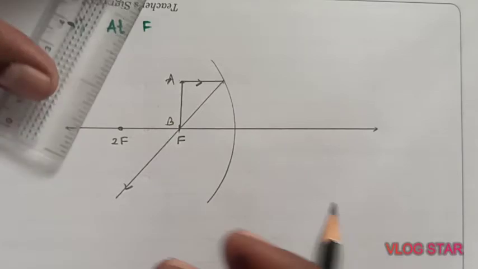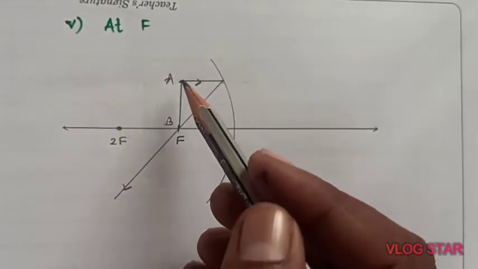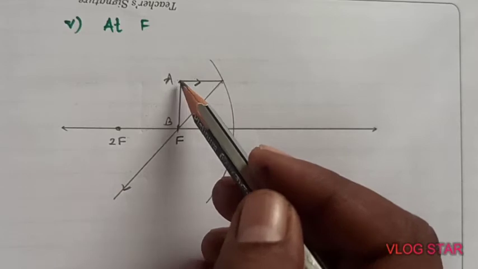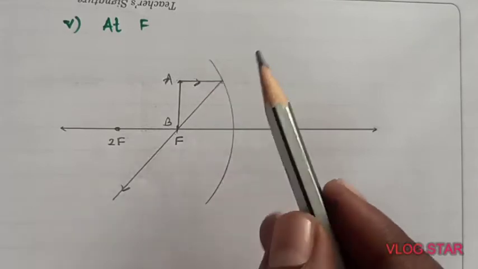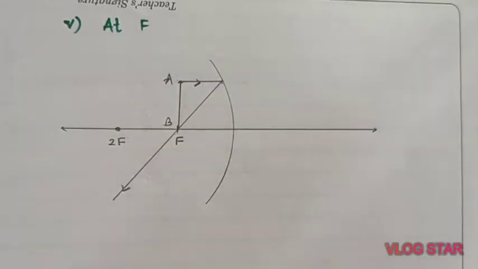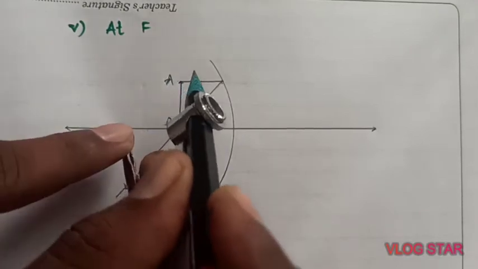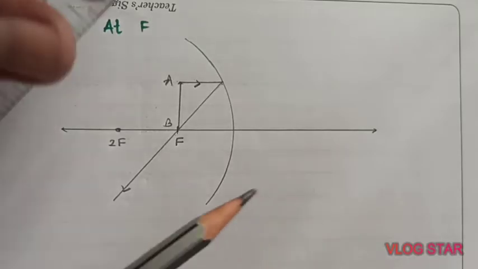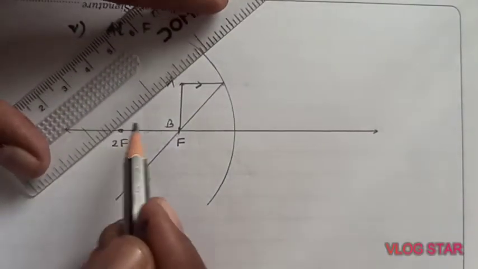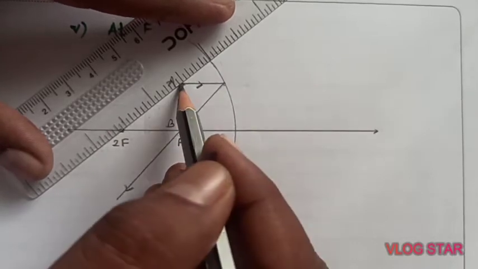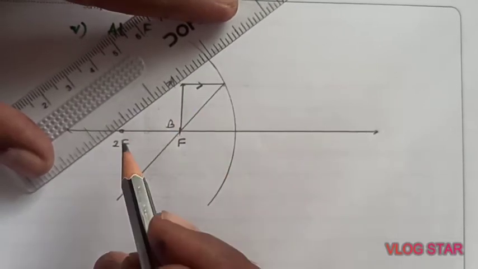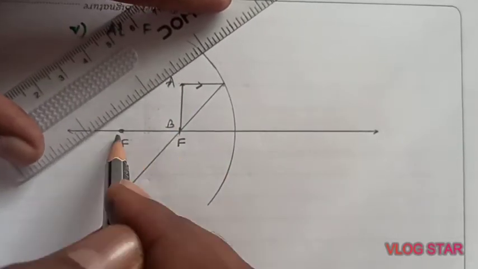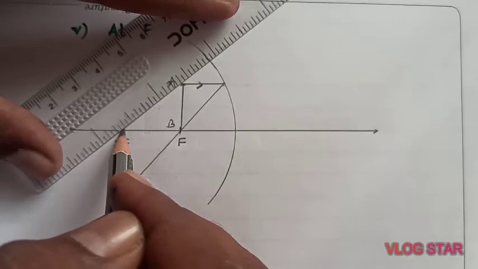Now the second ray. Normally we have taken the second ray passing through the focus, but now it is quite difficult to pass the ray from A to the focus. It will move like this. So what options are left with us? We can make that ray pass through the center of curvature. I will extend this curve here. So the second option: this incident ray should pass through the focus, but actually we want to make it fall on the mirror. So we will take the direction along the center of curvature, place the scale along the center of curvature and at A.